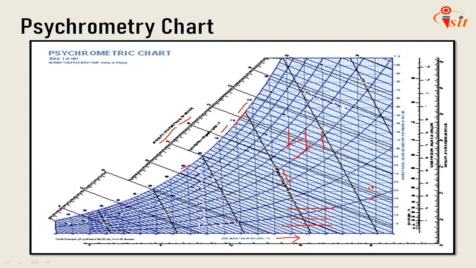Now the quantity of moisture in air can be determined by various combinations. If you have the combinations, you will find the quantity of moisture in air. The combinations are: dry bulb temperature and relative humidity, dry bulb temperature and dew point, wet bulb temperature and relative humidity, wet bulb temperature and dew point temperature, dry bulb temperature and wet bulb temperature, and last one, even if you have only the dew point temperature, you can easily find the quantity of moisture in air.